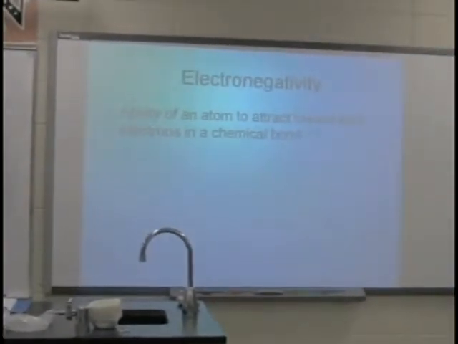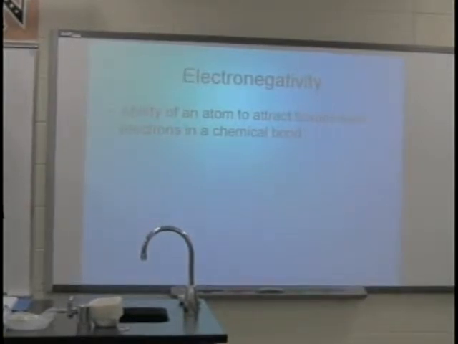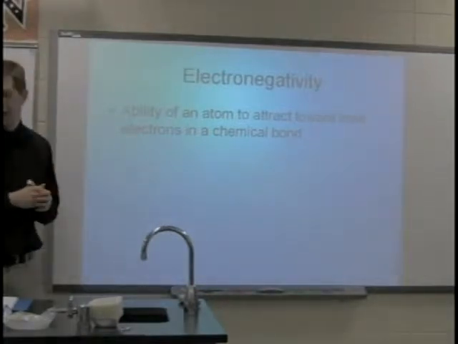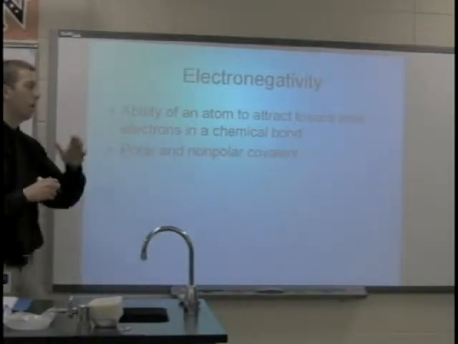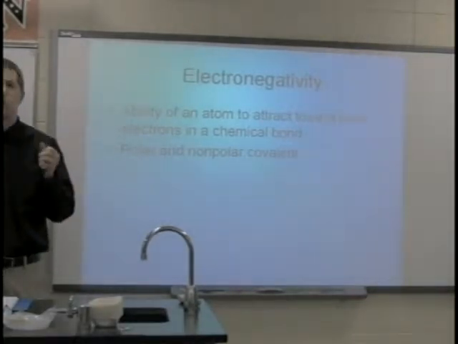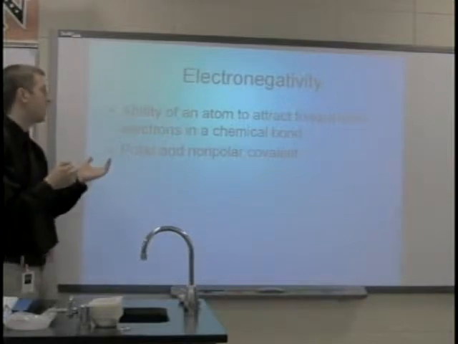This is a trend of the periodic table that we didn't cover in the trends unit because it deals specifically with bonding. Electronegativity is referred to as the ability of an atom to attract towards itself electrons in a chemical bond. This is what makes up polar and nonpolar covalent bonds. So what you could do is subtract the electronegativity values of the 2 atoms to determine if it is